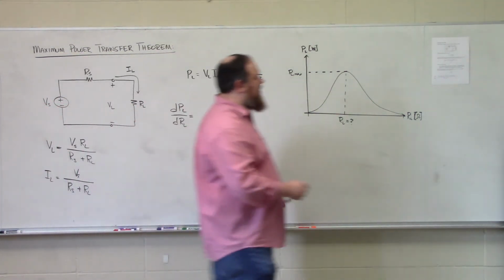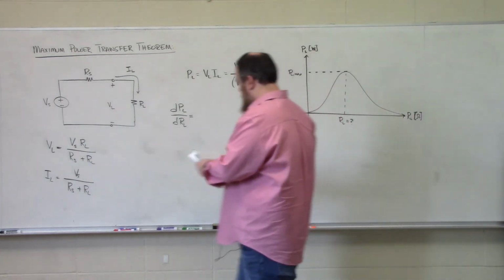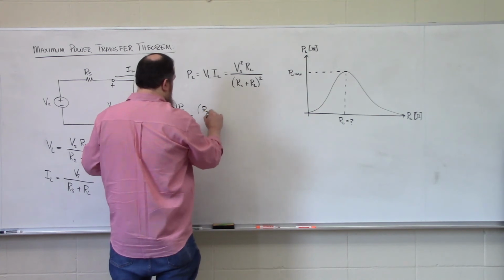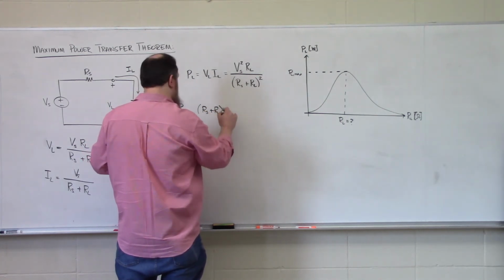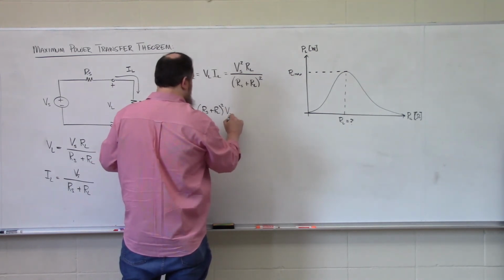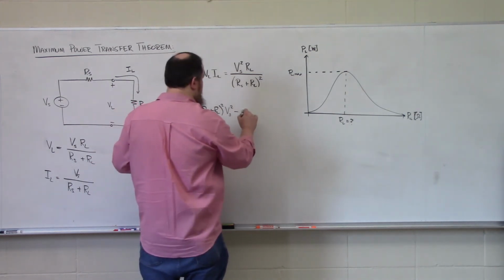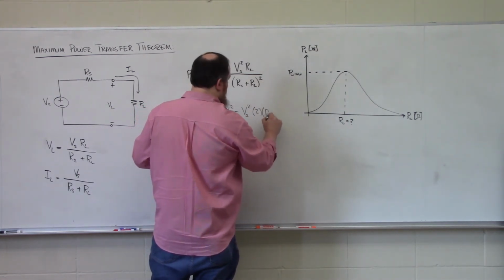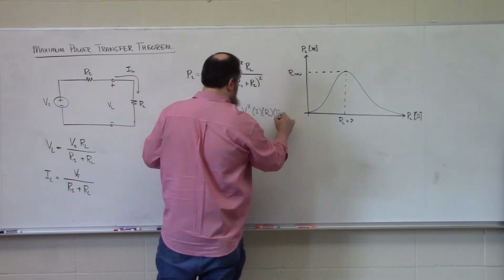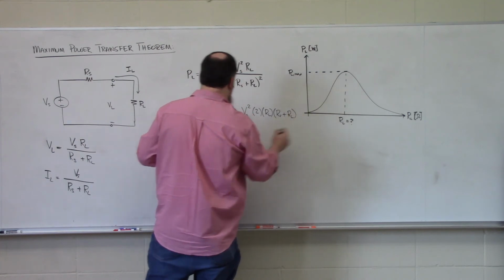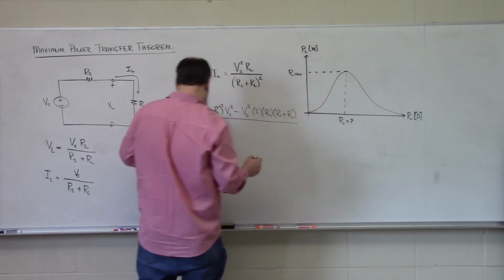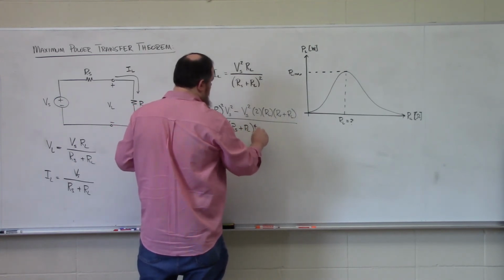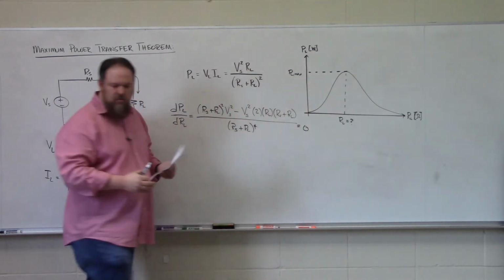I don't have it off the top of my head, is (Rs plus RL) squared Vs squared minus Vs squared multiplied by a factor of 2 multiplied by RL multiplied by (RS plus RL), and this whole denominator is divided by (RS plus RL) to the fourth power,